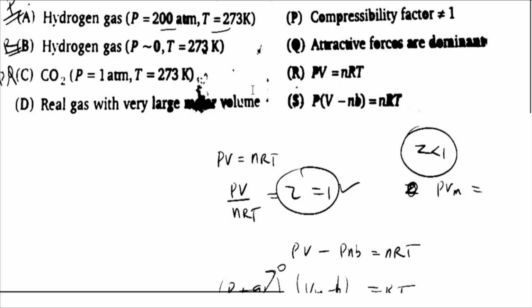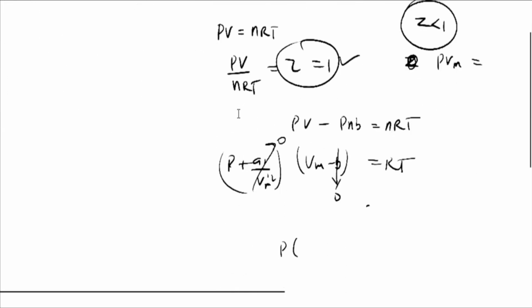So again in this case P is also not equal to 1. No, in this case P is 1. That is why compressibility factor is 1. So in this case compressibility factor is not 1. It is either greater than or less than. But in case of this, your compressibility factor